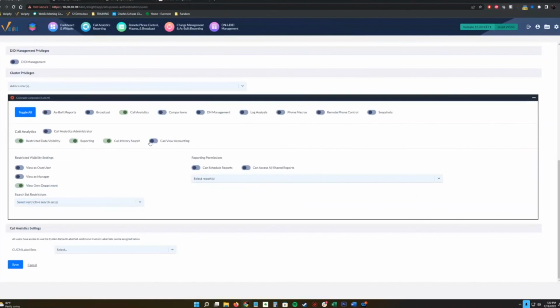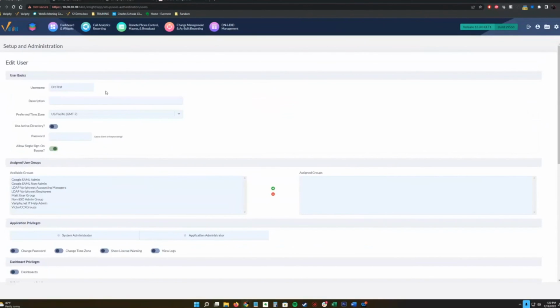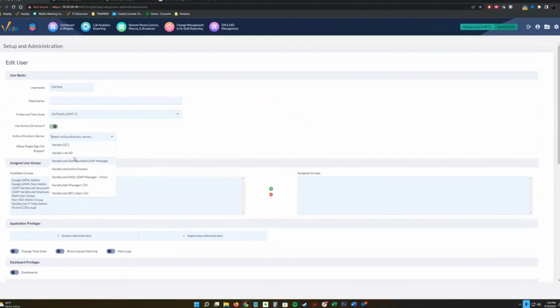All right, one more question came in from Daniel. Do you have to create each user in Verify individually, or can you use an AD sync? You still have to create the user in Verify. So let's say we had a user called Dre Test, then we would just use Active Directory, select the Active Directory we had, but you still have to create that username inside Verify.